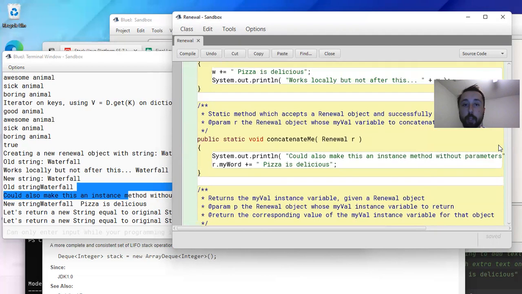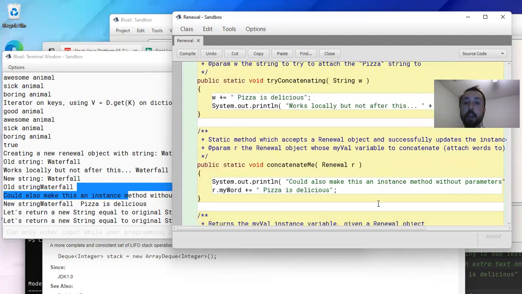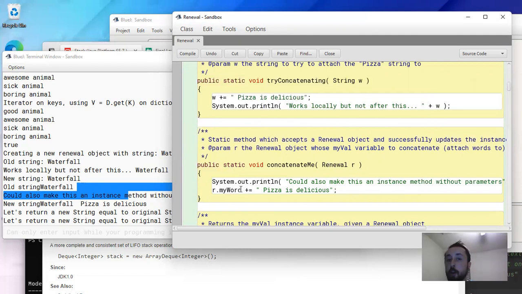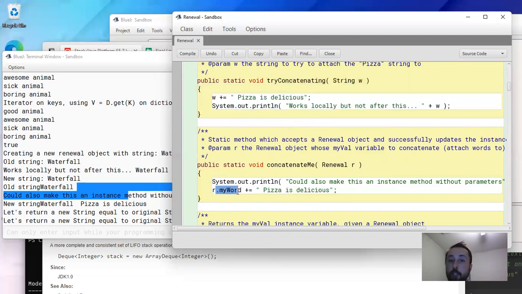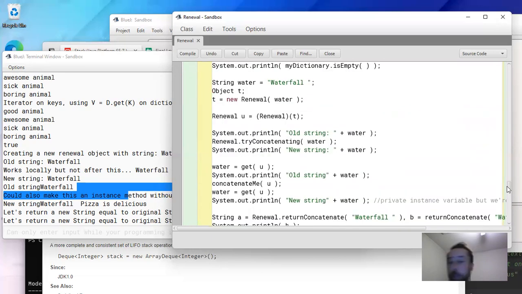But then what you would do is you would basically have another static method called concatenateMe. So we're going to say public static void concatenateMe(Renewal r). It accepts a Renewal object and basically has the effect of updating the instance variable for that particular instance. You would say r.myword += "pizza is delicious". It's still a static method, but it works a whole lot better than the static method we talked about a few minutes ago, because now we're using an instance variable rather than a standalone variable that's coming into a static method, right? And so now if we go ahead and look at this solution,